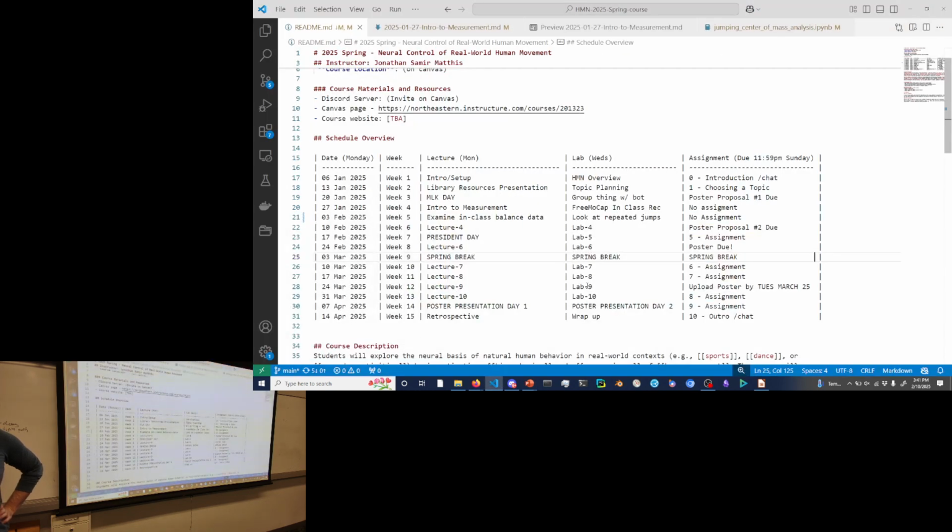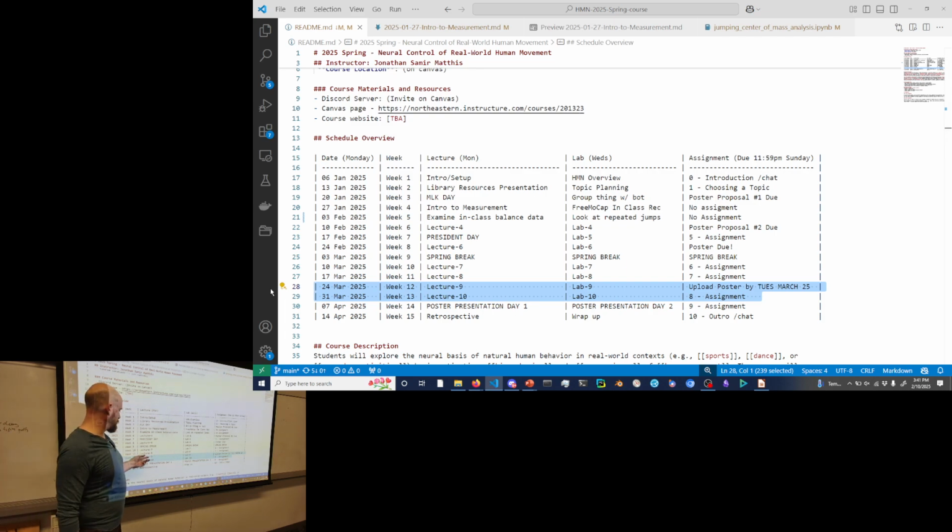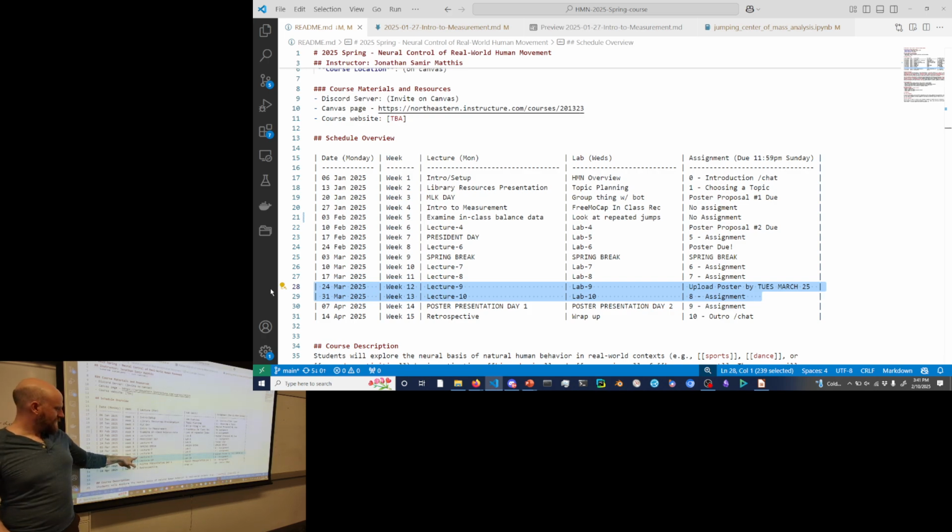I'll be sure to plan some time, probably somewhere in this 2-week chunk. Oh yeah, do it at the beginning of this week. So there'll be something in this chunk to practice your poster. Actually, I'll try to do it the week before it goes, because often you put the poster together and then you start explaining it and you're like, oh, this is not at all what I want. So we can do some kind of demo run probably this week,